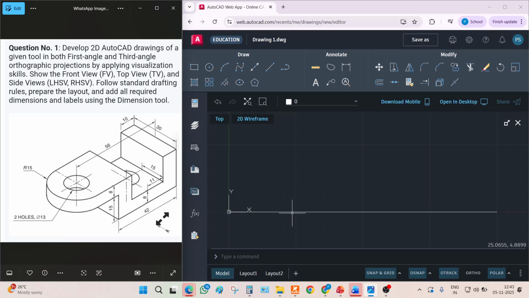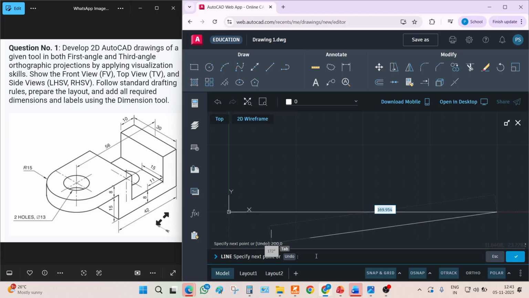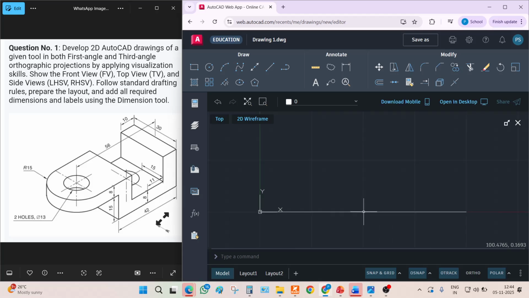So for the first angle method, we will start with the XY reference line. So I will start from the beginning. We have to start with the line command. The XY reference line can be from 0,0 to, let's say, 200,0. So now this is a reference line, press enter, and we need one more vertical reference line. So we can start from the point 100,100 to